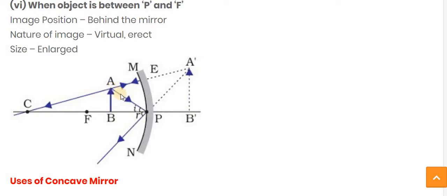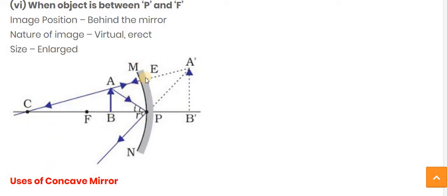And the second one is the ray which is incident on the pole P. It is reflected back in this direction, because as we see in the rules, if any ray is incident at the point P, then whatever the incident angle is from the principal axis, the reflected angle is the same. So this ray goes in this direction, this ray is reflected back in this direction, and there is no chance for both rays to meet each other.